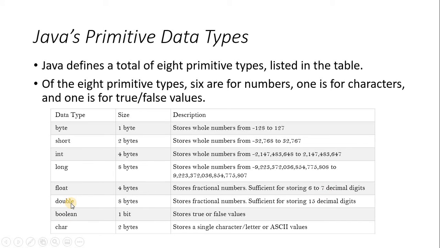If you are going to have more decimal digits, up to 15 digits, we can choose 8 byte, that is double. 8 byte is double. It also has a decimal or fractional part, but it is going to have 15 decimal digits. That means it is 64 bits.